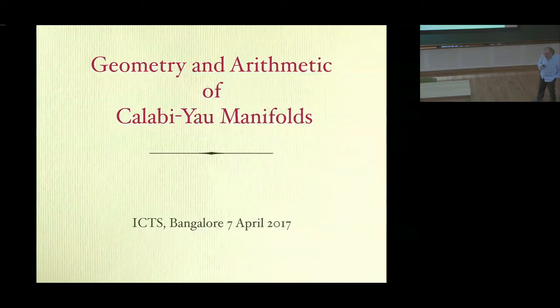But I want to show, as we go along, some areas of common interest and how, firstly, there are close analogies between studying the manifolds over the complex numbers, as physicists do, and also studying the manifolds over the p-adic numbers, as number theorists do.